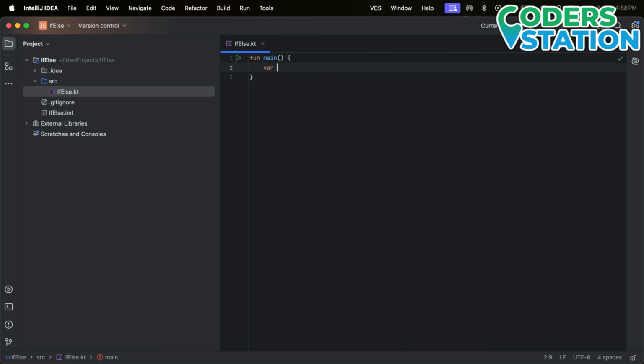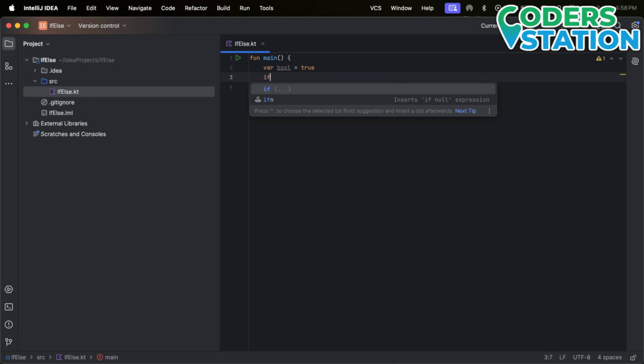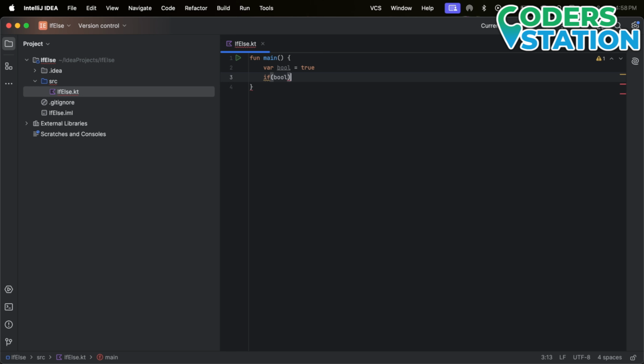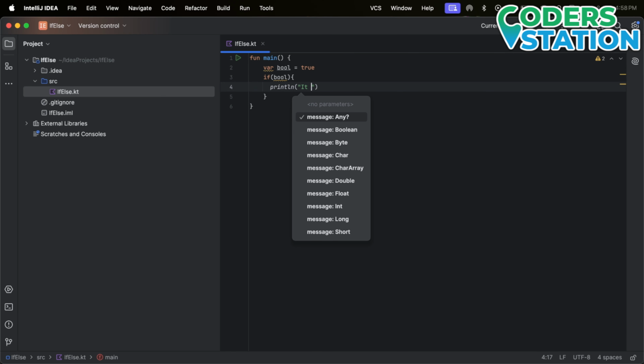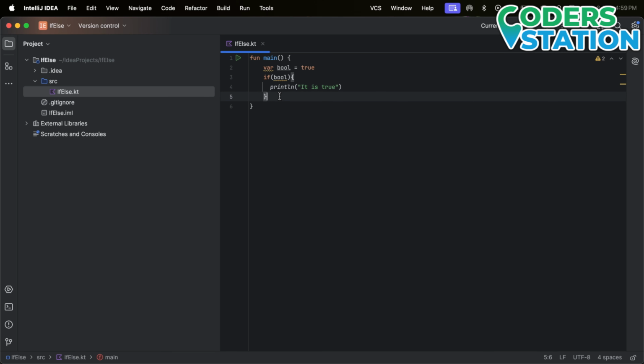So let's create a variable called bool is equal to true. So this bool variable is true right now. So if I use the if in bracket bool, and then we put these curly braces, this if statement is checking bool. If it's true, it will execute it. If it's false, it will not execute it. So let's try printing it is true. So if I run this,